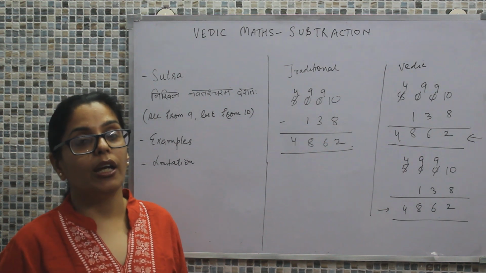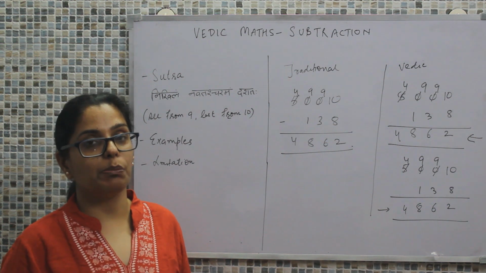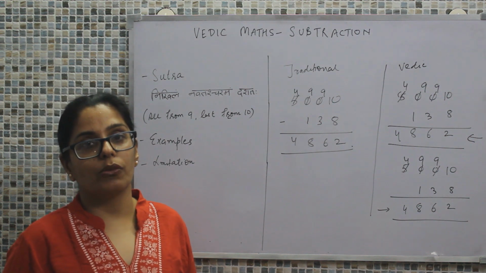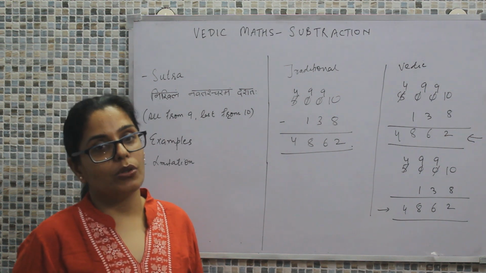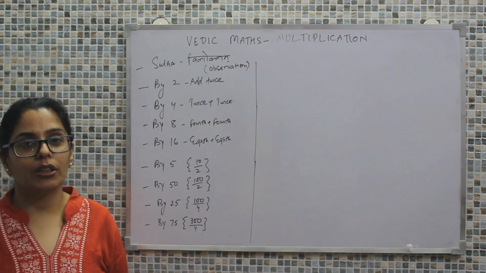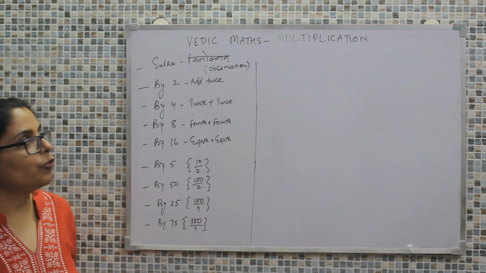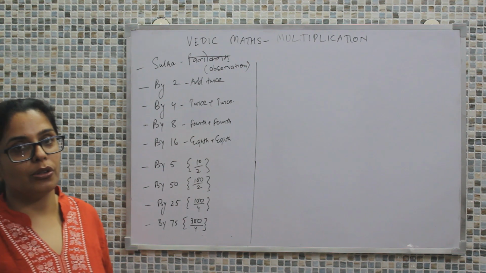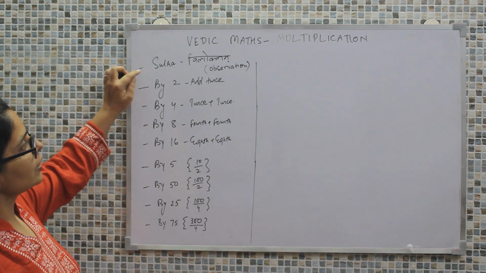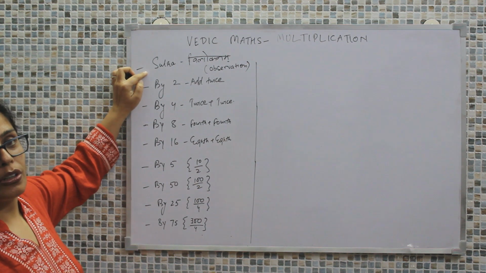We cannot take any random value which has multiple digits and make out the calculation. Okay, so that was all with this. We have done with the subtraction process, and moving ahead we would be taking up multiplication. Now coming to the very first, that is the sutra for multiplication.